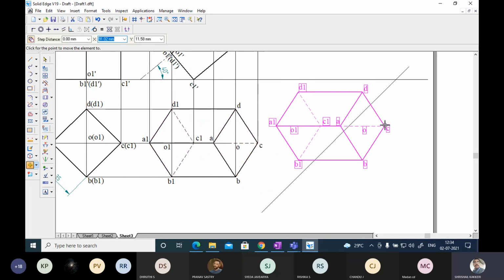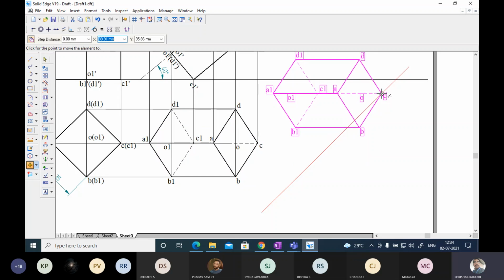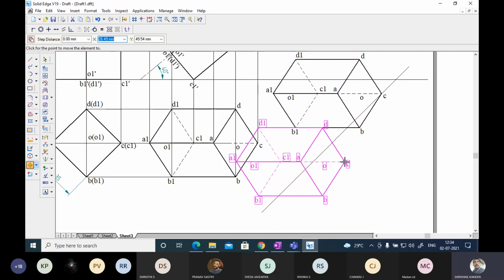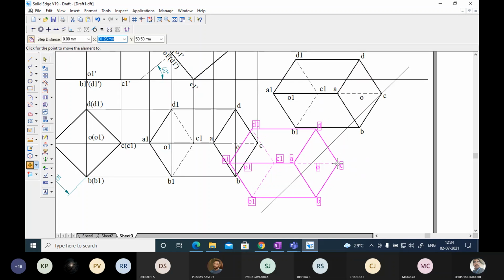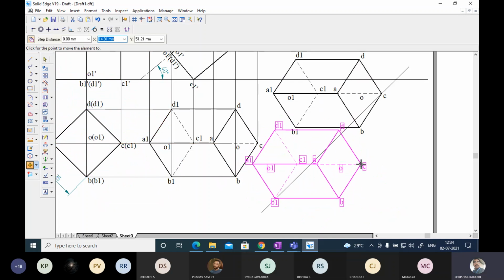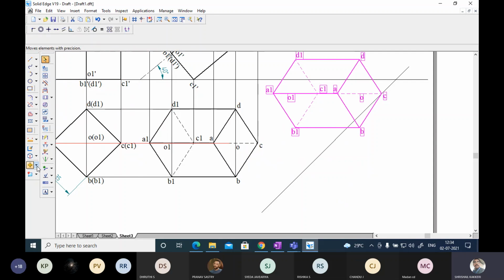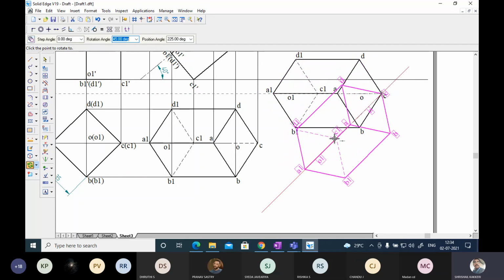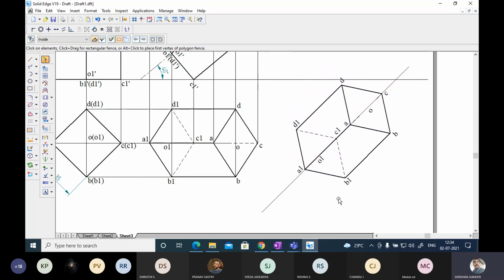Take this point of motion or movement and locate it on the axis, or one can take this also, no problem, and enter. Go to rotation, take this point of rotation, any point on this has to be on this. But be careful while you are drawing, nothing should cross this XY line.